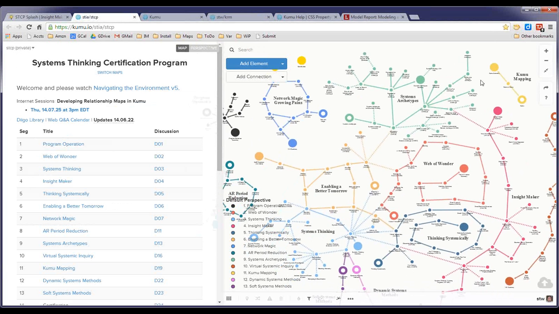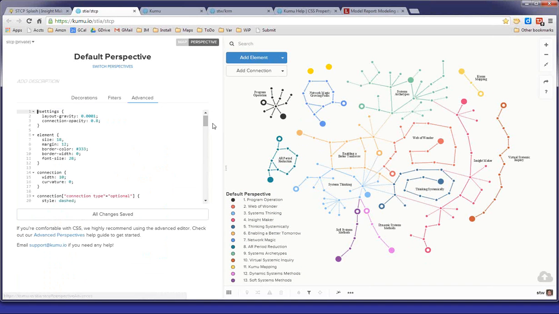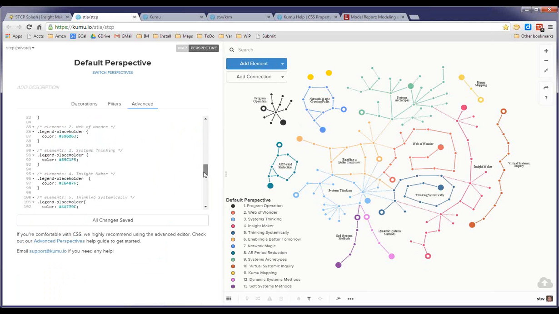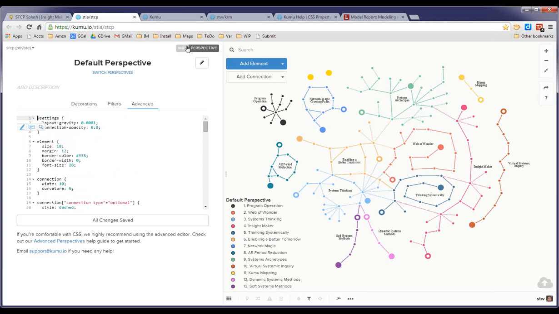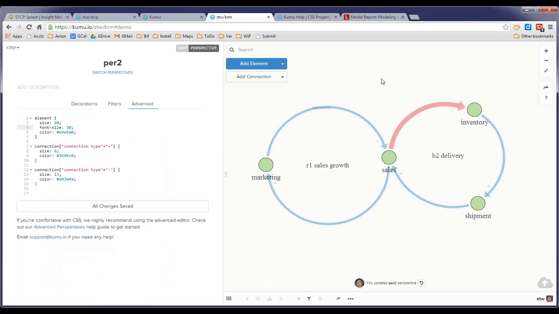If we go back and look at the Systems Thinking Certification Program itself, this map has a rather lengthy perspective that defines all of the things based upon the tags and the colors, so that it defines the colors for the legend and all of the pieces. Okay, so it's an extremely powerful capability in terms of styling it, and you can style the maps differently, so that on this particular map, I could style the plus connections to be